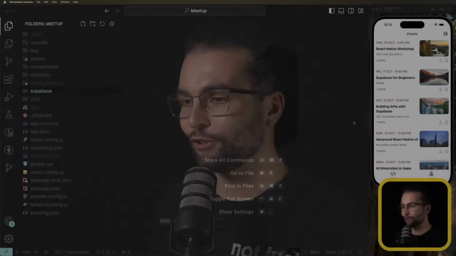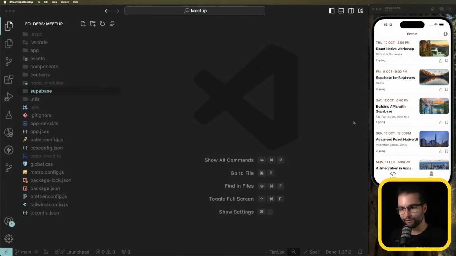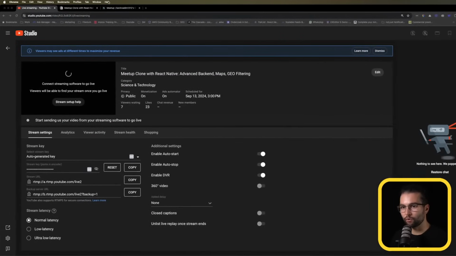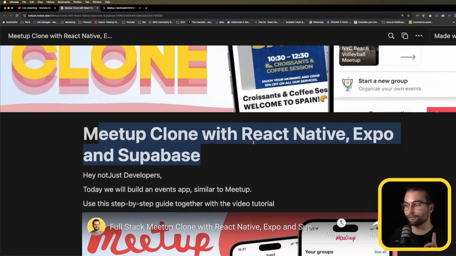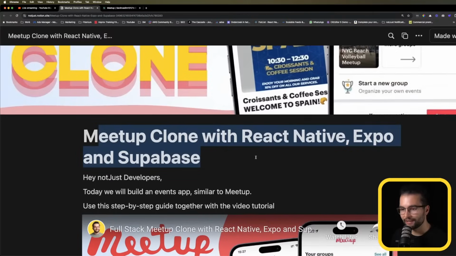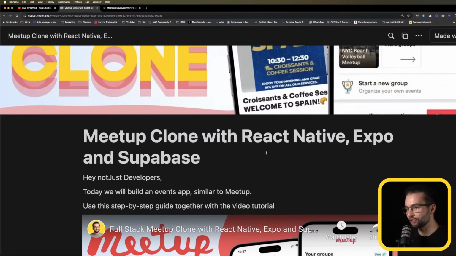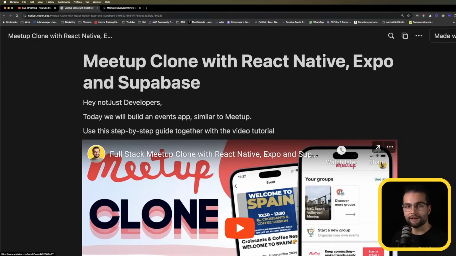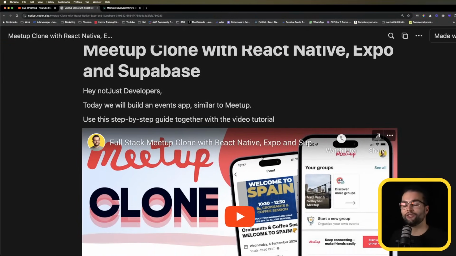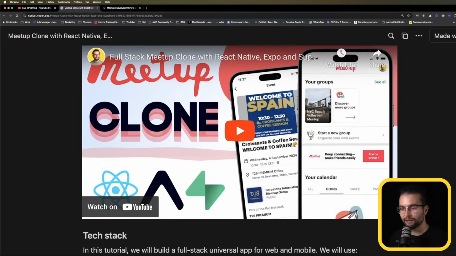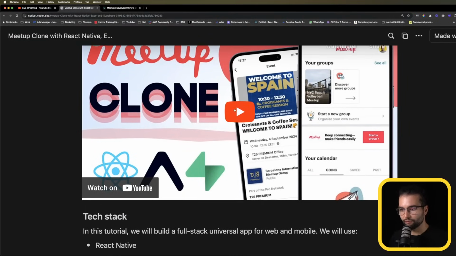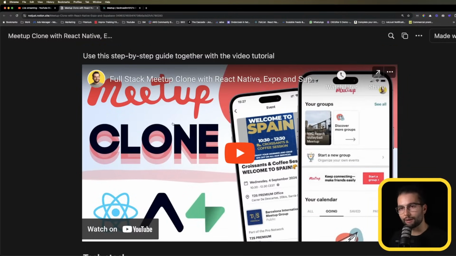Today, we're going to continue the build that we started last week. In this project, we are building the Meetup clone using React Native Expo and Supabase. So this is an events application where you can list events and browse through them. Today, we're going to add some advanced features like looking at events on a map and doing some geo-filtering, but more about that in a second. So, in the previous video, which you can find here,